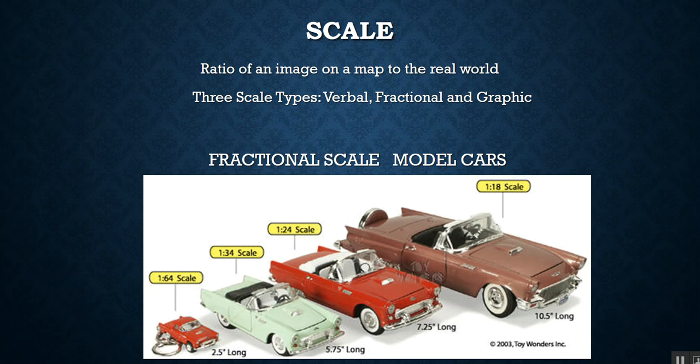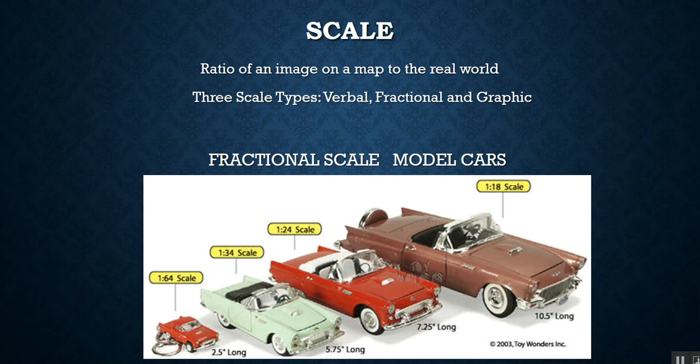So if you look at the toy cars, the biggest has a 1 to 18 scale. So that means for every inch on this model car, the brown car, for every inch on that brown model car, it represents 18 inches of the real thing. The convertible car next to it, the 1 to 24 scale, basically means that for every inch of that model, it represents 24 inches on the real car. And it keeps going with the smaller cars, but you notice that basically we are losing details with the smaller scale,